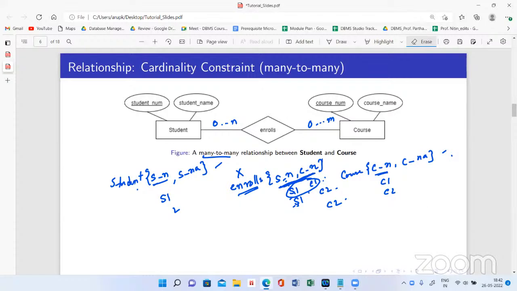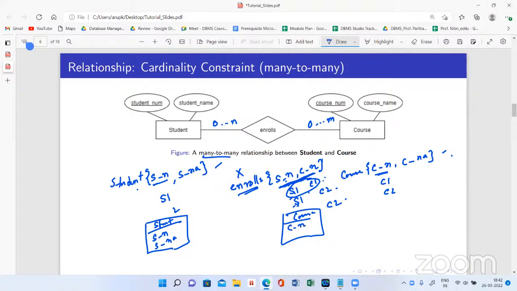In the first way, a student is written as this, having the student number and the student name, and a course we are having, the course number and course name. So these are underlined, right? So here also